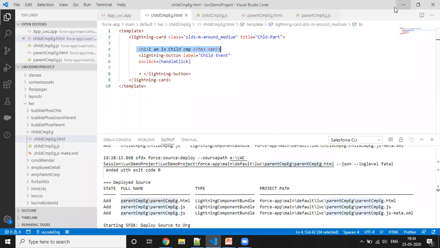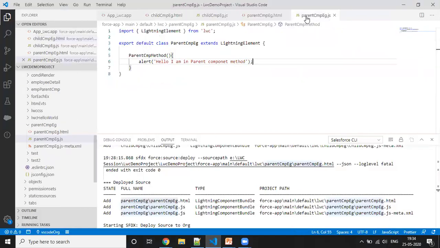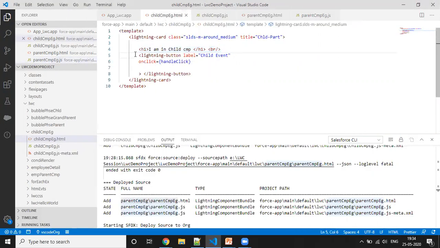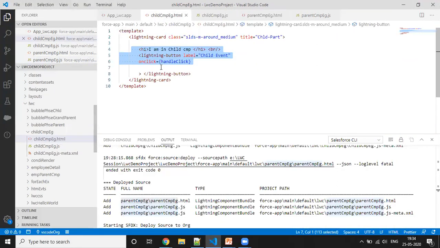Let's click on this, and you can see the message, hello, I am in parent component method. Here we have the button in the child component, and we are accessing the parent method with the onclick.